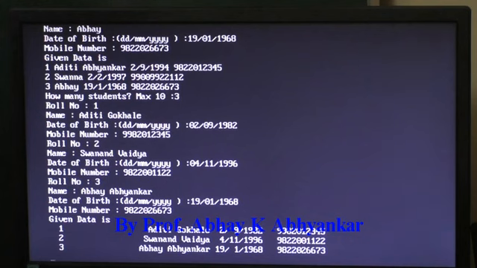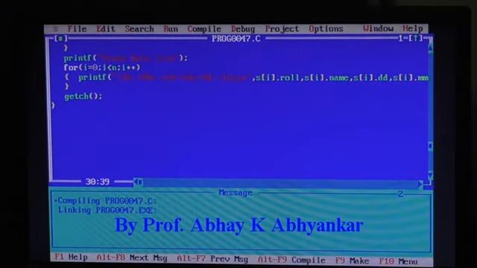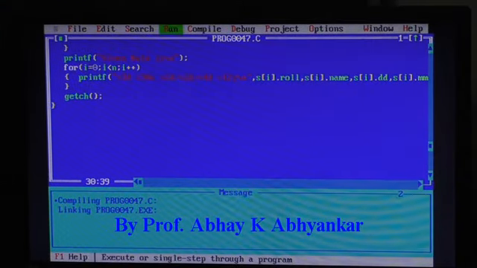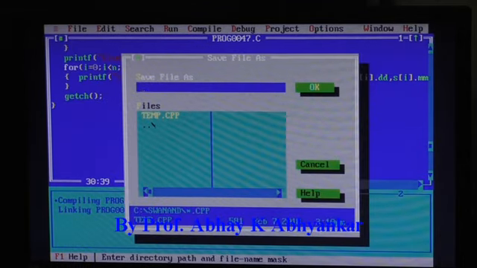And so this is the way we can use the structures. So when I access the data of the ith student, it will be always stored one after the other. So even in the memory, first the roll number is stored, then the name, then the date of birth, and so on. So this will be the easiest type of code. Now once we see this code, at the same time we can go ahead, and I am going to save it again as